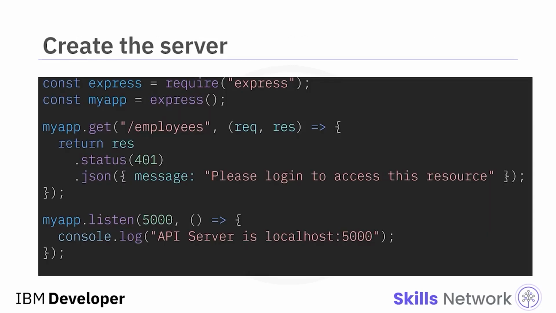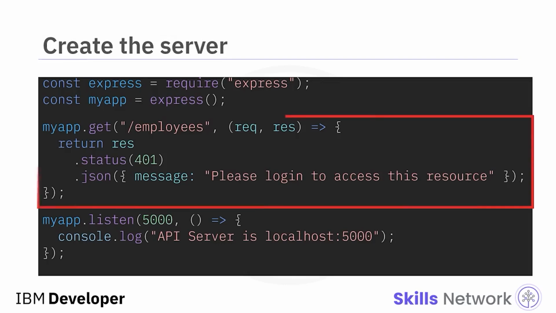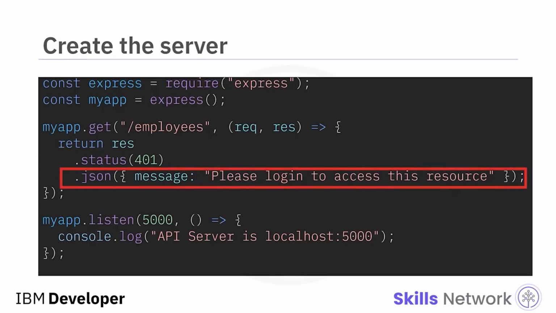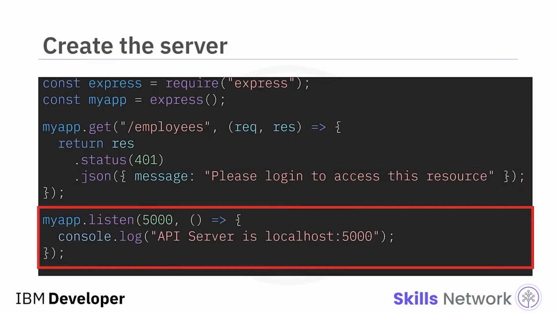Let's consider what this code might look like. This code creates a web server module by calling the express function and assigning it to the constant myApp. The myApp.get function creates a GET API endpoint for the employee's API, and any call to this endpoint currently returns an HTTP status code of 401. And 401 means not authorized, with the message, "Please log in to access this resource." The server also listens on port 5000 for any HTTP calls to the server and logs the message, "API server is localhost: